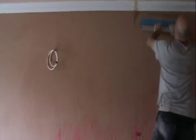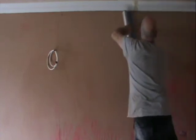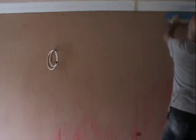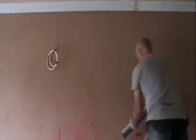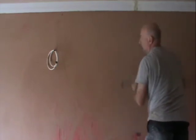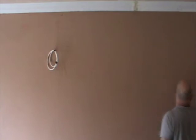Now, if you also noticed that when I was actually smoothing it out, it was drying in the top left hand corner. Now, don't do that as a beginner. If you're going to mesh it, plaster the wall to the size of the mesh, then put the mesh on, then move along, plaster the wall, put the next piece of mesh on. Because if you're not quick enough, and you go back to the beginning,